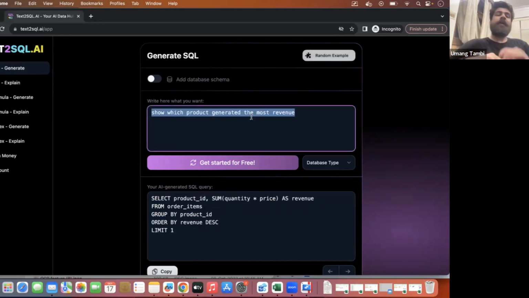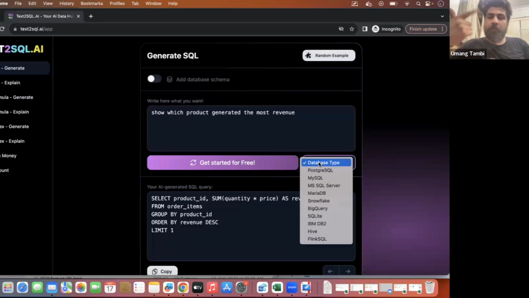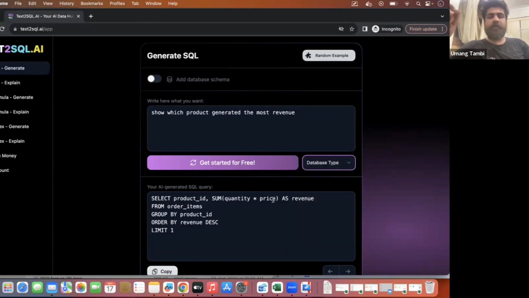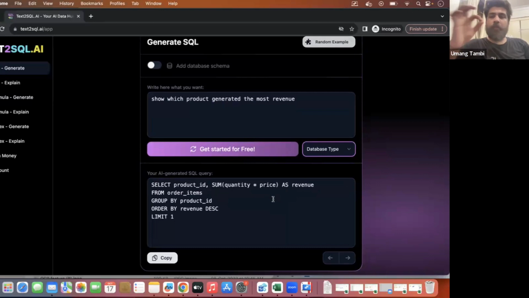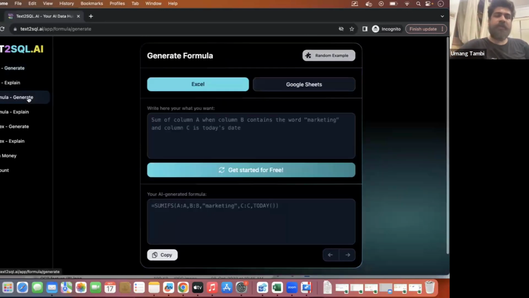Guys, this is a freemium kind of service. First of all, it will provide you free services, and after that you need to pay for it. And guys, any kind of server, PostgreSQL, MySQL server, MariaDB, Snowflake, any kind of thing, you will be able to access it through Text-to-SQL.ai. And not only this, guys, it has also generated formulas for Excel and Google Sheets as well,